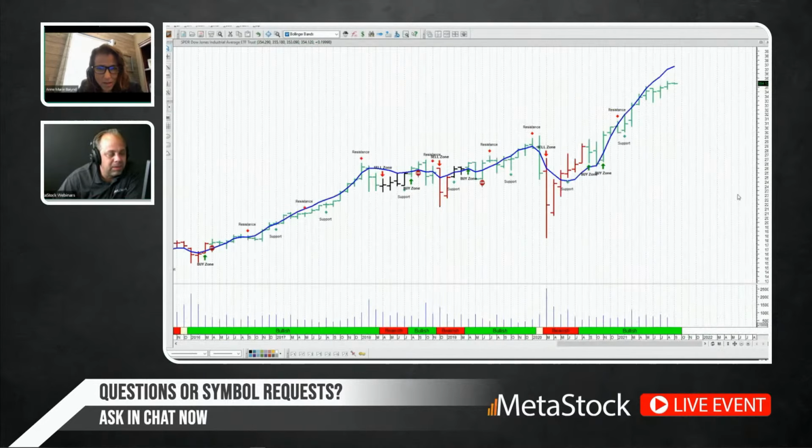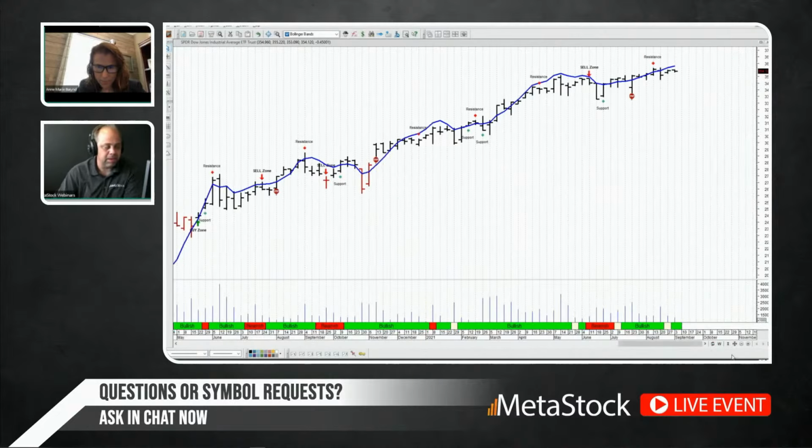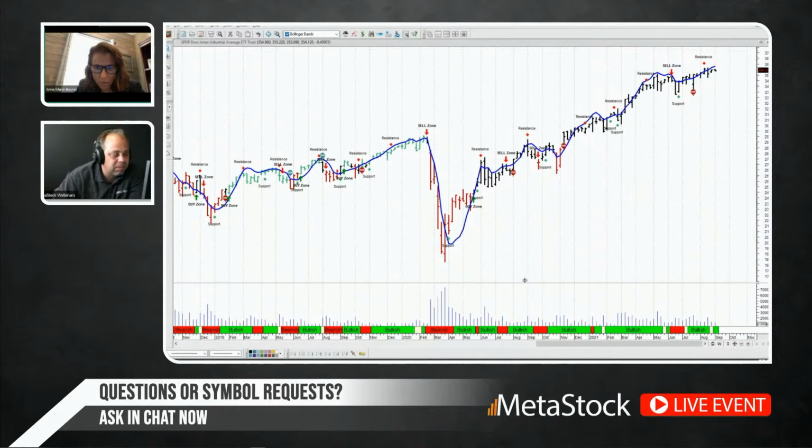Here's something super interesting. If we take a look at these weeks, oh, these are months. Let me go back down to week. Yeah, sorry. Okay, so you're right. It's October, November last year that's the last time we had 2 weeks down in a row. And so we have to think to ourselves, when's the last time we actually saw something that looked like that?